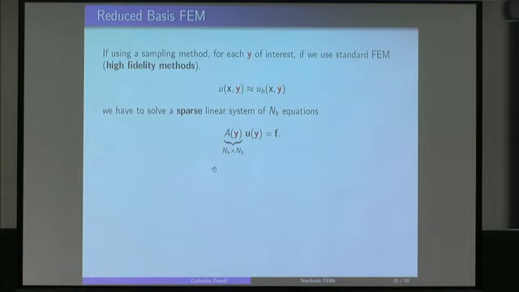Another strategy, reduced basis finite element methods. Now, in talking to some of the statisticians the last couple of days, I realized that statisticians do this as well. They just use a different name. I think probably the name is something like surrogate modeling, but this is a general strategy to compute cheap surrogates. So this is quite appealing if you do want to do sampling, if you just want to use your black box finite element code with certain choices of input parameters. So let's have a look at this.